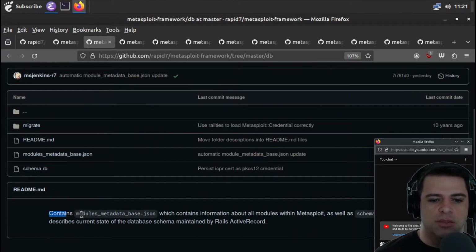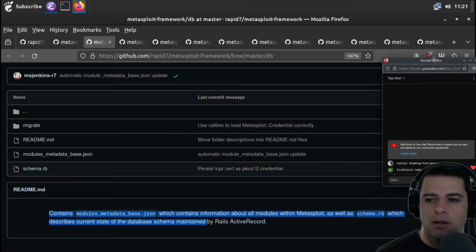DB. So this contains modules_metadata_base.json, which contains information about all modules